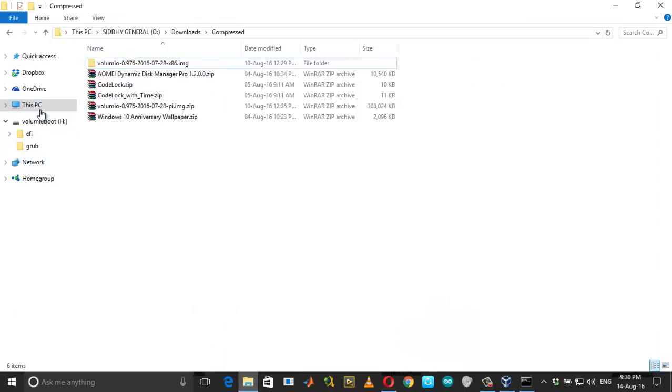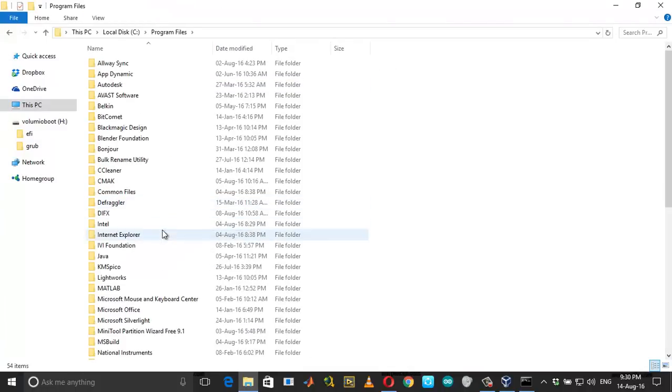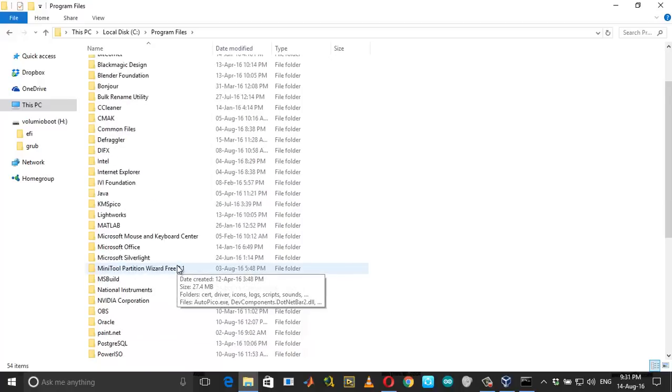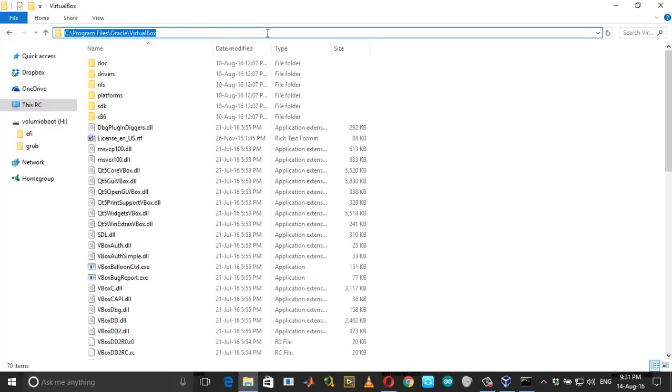This is the default directory of your command prompt as administrator, C:/Windows/System32. This has to be changed to the VirtualBox folder location. So go to the C drive, wherever your VirtualBox is installed. It will usually be under Program Files, Oracle, and then VirtualBox.